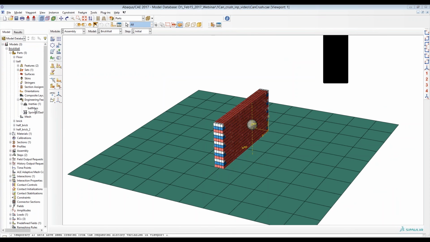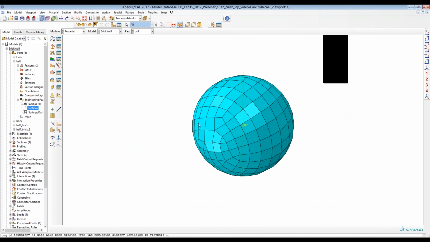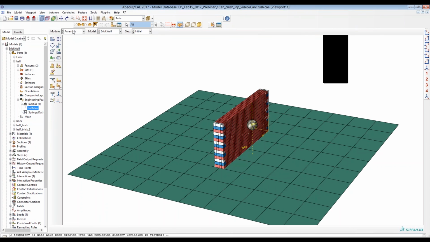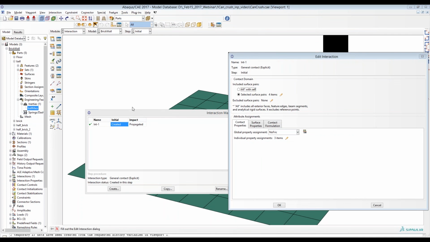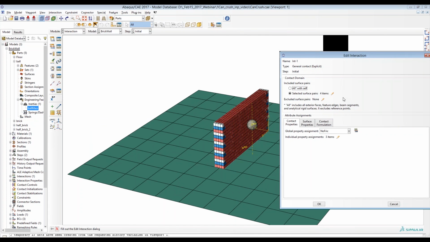And then with that, the next step is really to take a look at what we do in the contact. So we do have general contact defined where everything is detected in contact with itself. And then going a step further, not everything is in cohesive contact. So with that, I basically say the back of every brick halfway through the wall is bonded to the front of every other brick, and bottoms and tops are bonded. Otherwise,